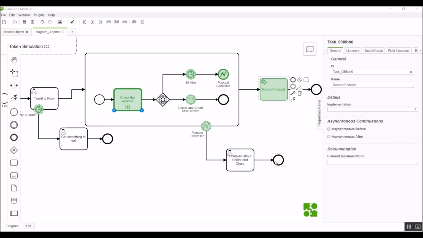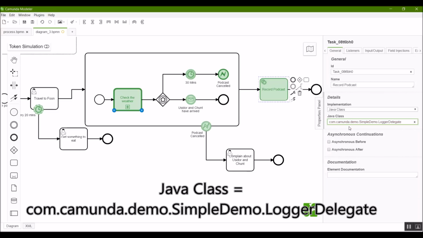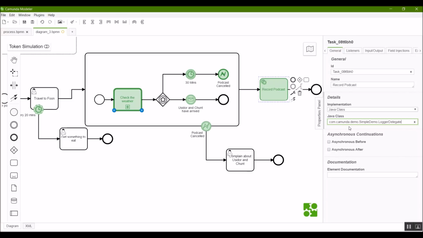The final element that needs some sort of execution is the service task. Now, I spent a bit of time already discussing how these can be used to run Java classes as well as external tasks. So for this, I'm just going to select the Java class. I'm going to put in here the name of the logger delegate within my Java project. If you're wondering where that is, it's the same one I was using in the previous example, the weather process. So it looks like this. It just has a simple logger that's created by the Maven archetype.